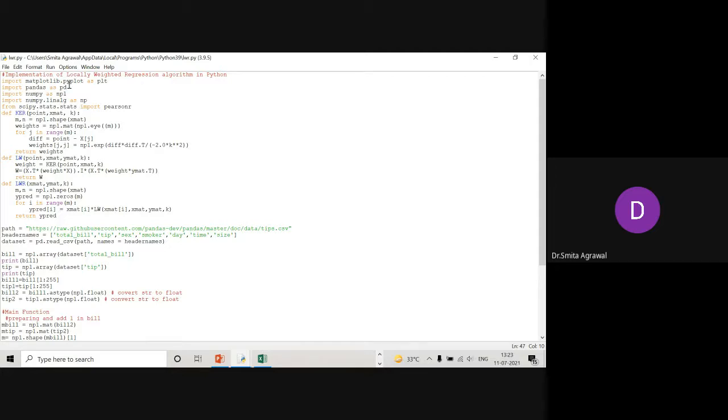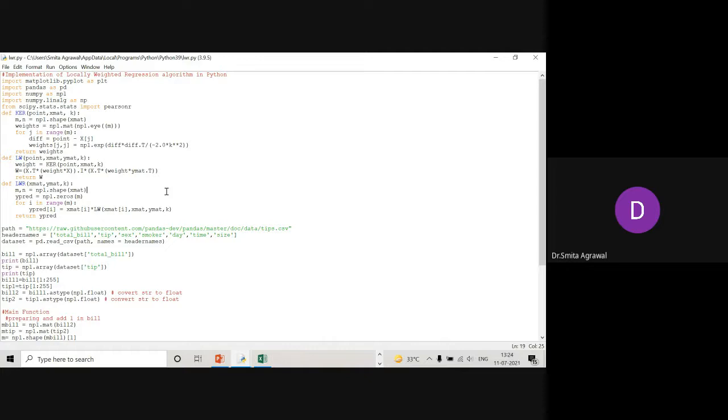These packages are all required to execute this program, because of the code we are writing here. As we have discussed, the LWR method is completely a mathematical method.